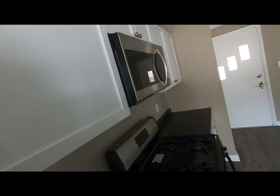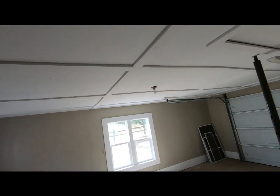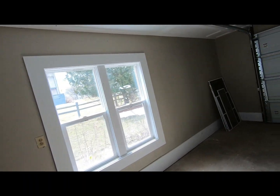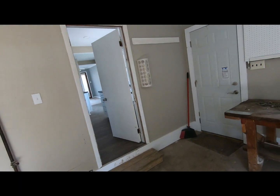And then going into the garage over here. The garage is super nice, finished off. I really like it. So in the garage, we're gonna store all our camping gear and outdoorsy stuff. And then if you go out,